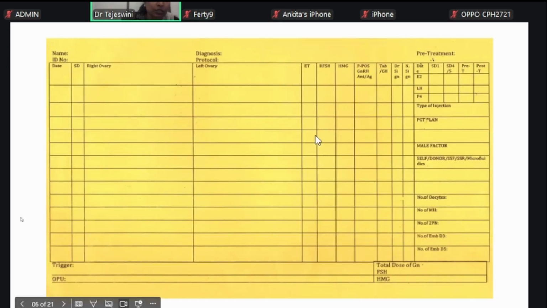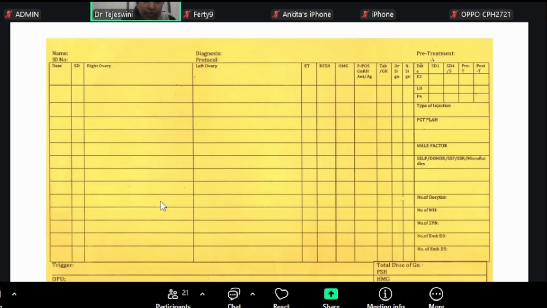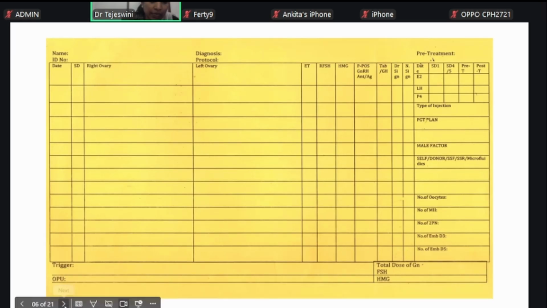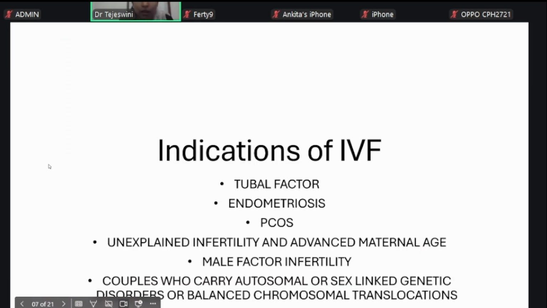Coming to the other side of the stimulation chart, which includes the name and the preliminary ID details of the couple, and the diagnosis, the indication for which we have planned IVF, whether that is a tubal factor or endometriosis, which is severe endometriosis, or mild or minimal endometriosis, wherein the first line treatment of IUI cycles have failed for 3 to 6 times, or it is a case of PCOS where it is anovulatory in spite of second